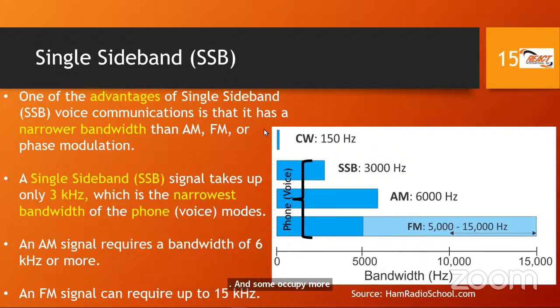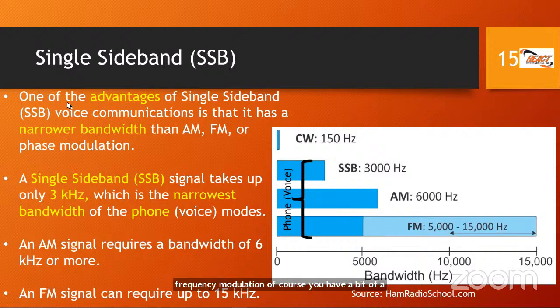So very efficient mode, Morse code, right? Dits and dahs occupy very little space and you can communicate with that. And then we have single sideband, which occupies a bit more space. Then we have AM. Remember, we said that single sideband is a form of AM, except we chop off the upper sideband or lower sideband, as the case may be, and the carrier. So AM has all of it, and SSB is just part of it. And then frequency modulation, of course, you have a bit of a range, but it's usually occupying a lot more